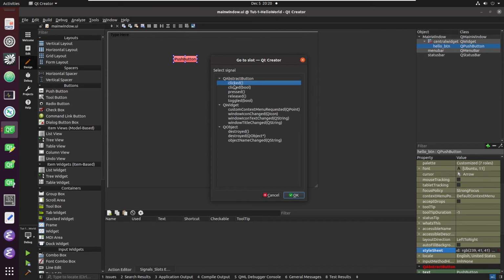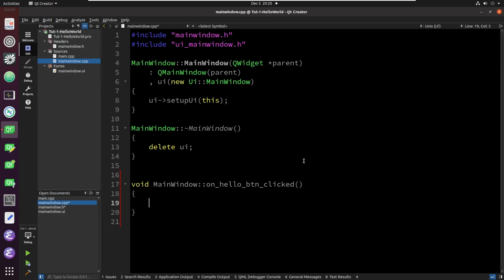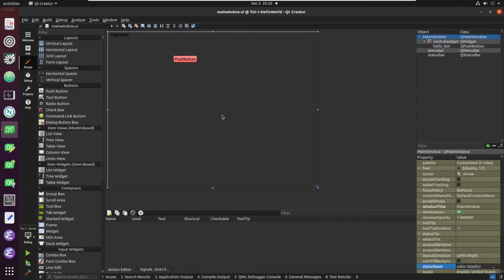So we want clicked, and we'll click OK, and we immediately go to our main window CPP file, and we're in our on hello button clicked. So we called it the hello button, and we clicked it. What can we do from here? Well, we can do a variety of things, but we're going to go back to our main UI window first,